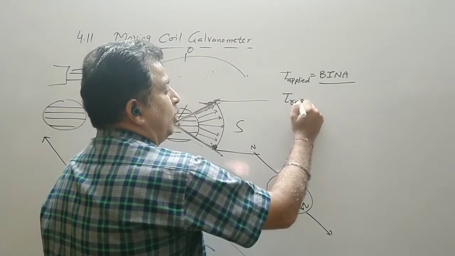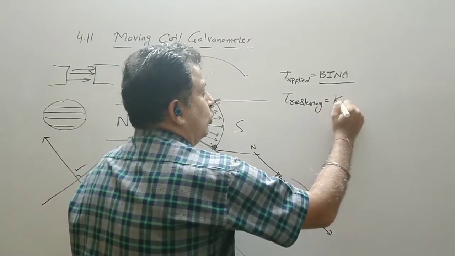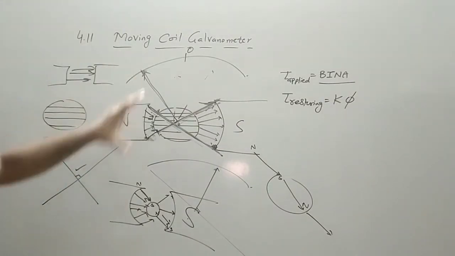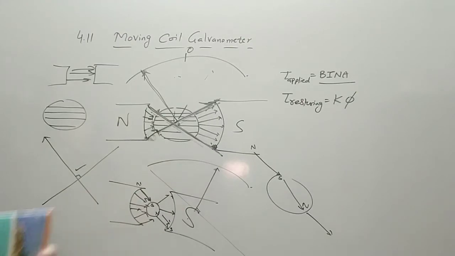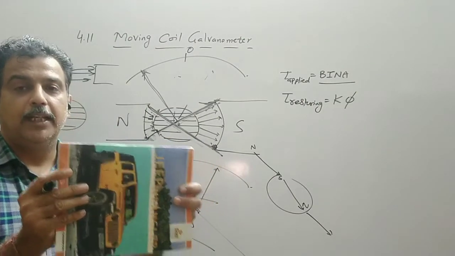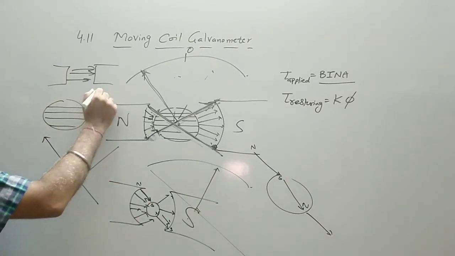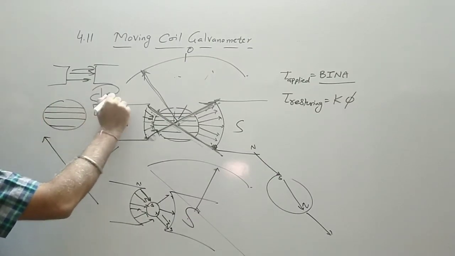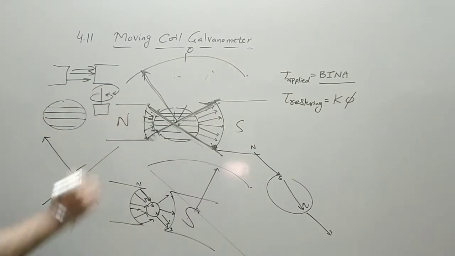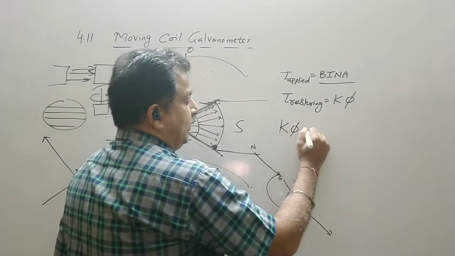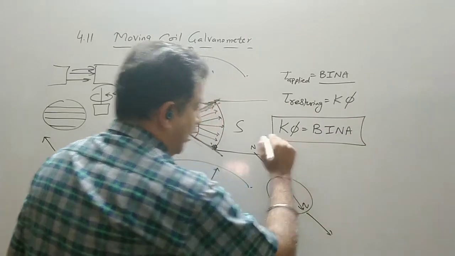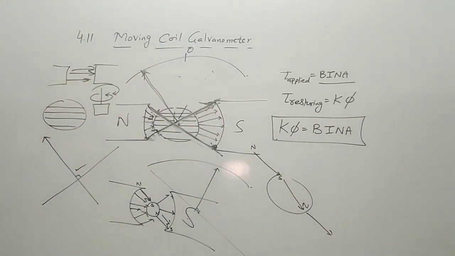And what was the restoring torque? Restoring torque is equal to K phi. Now, when the pointer becomes steady, the steady current is flowing through it, so it can deflect and stop. Why does it stop? Because on a wire, suppose a rectangular wire, there is a twist. So the restoring torque acts opposite to it. So when the spring is fully compressed, then I can write K phi is equal to beta. So this is the formula when the pointer shows a steady current.